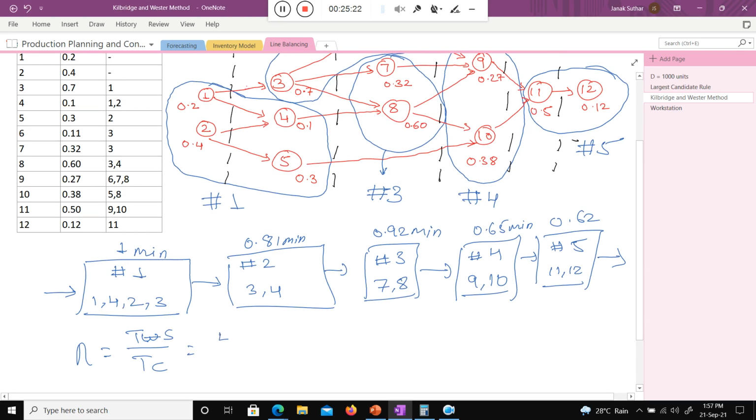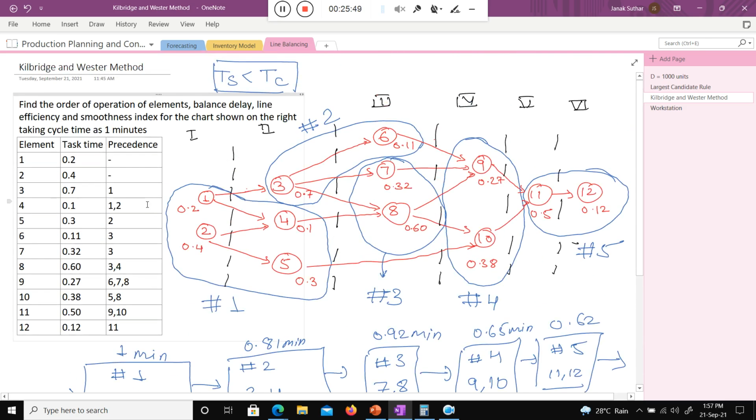Just write here 4 divided by 5, where n is 5 because we provided 5 stations. So here you get 0.8, meaning 80%. This particular balancing is 80% efficient.